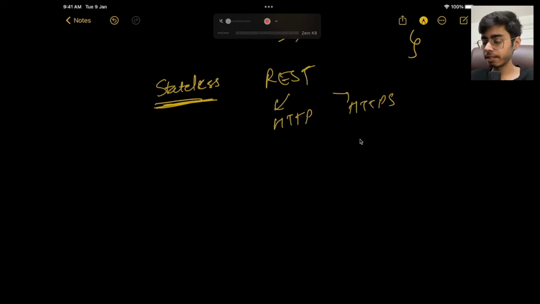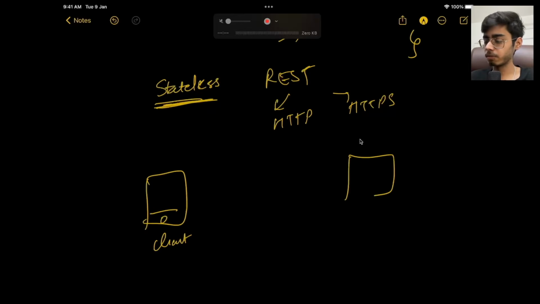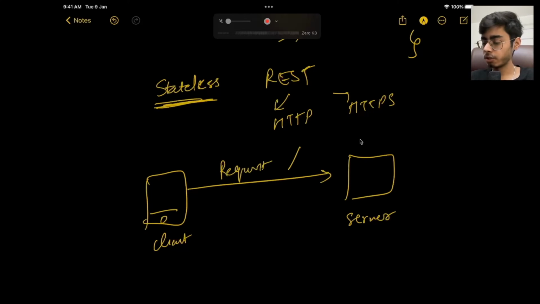Stateless means, let's say this is your client, right? And this is your server, right? And you want to access your user data, right? You are sending your UID equal to, let's say 2, and you want to access your user information, right? So the server will take this, get this user ID, go to the database, get your data and send it to you.